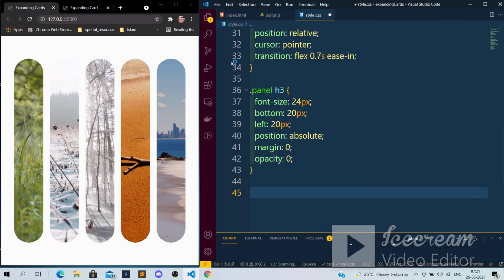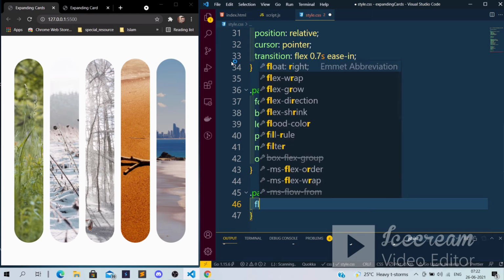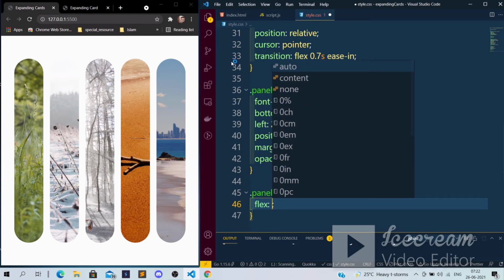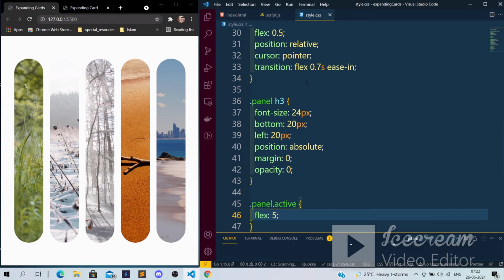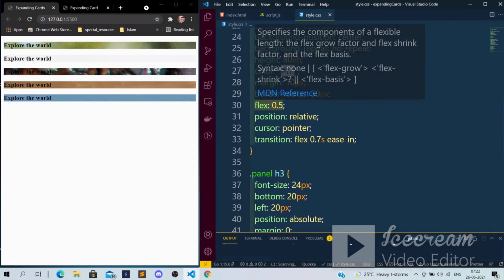So now we will check if the panel has the active class. If the panel has the active class, I just want to increase the flex value up to 5. If you remember, I showed you initially we have the flex value 0.5, correct?